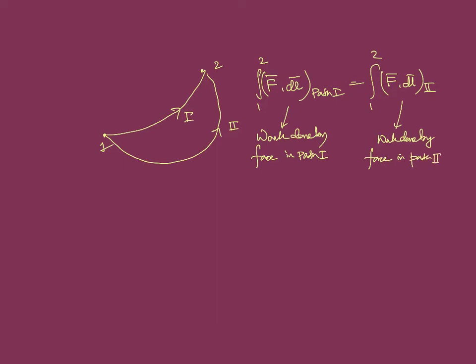So it does not depend whether it is path 1 or path 2, provided it is between the same points 1 and 2, right? So we can say that in a conservative force field, that means a region where there are conservative forces only, or the domain of the conservative forces,